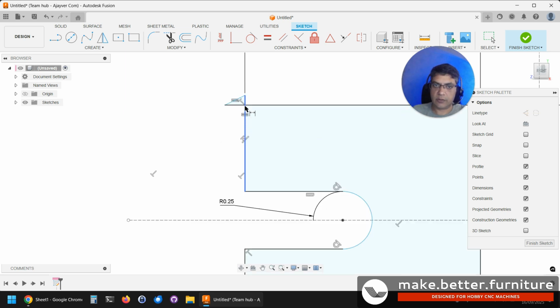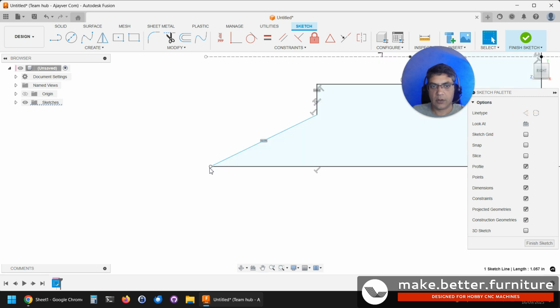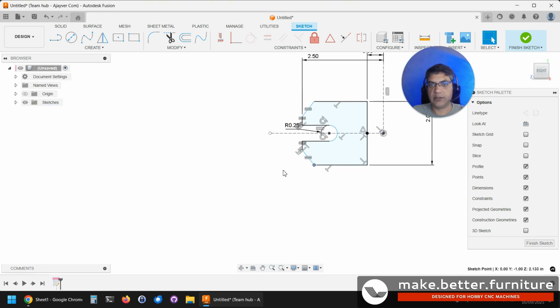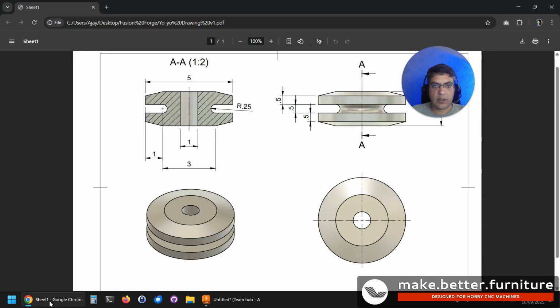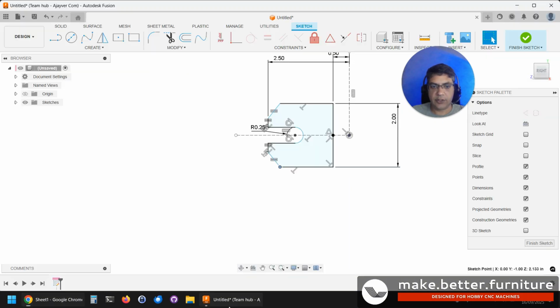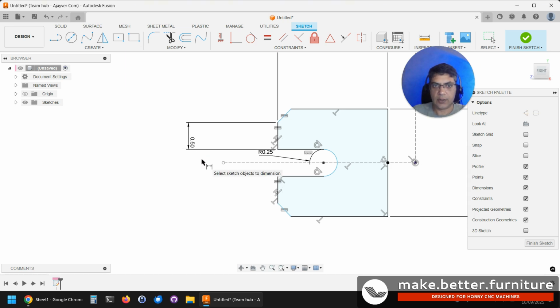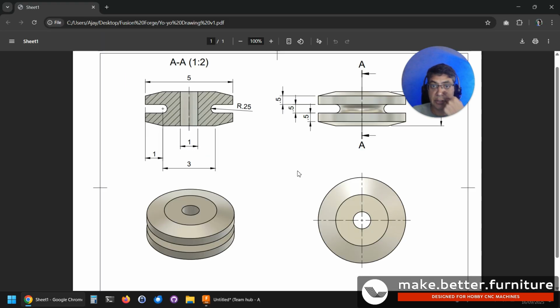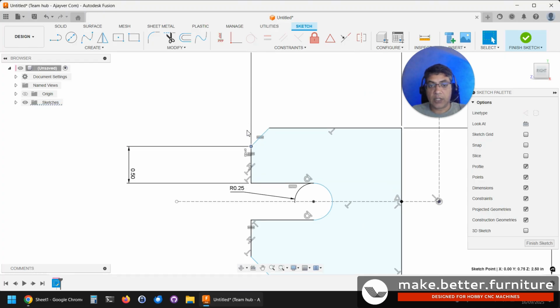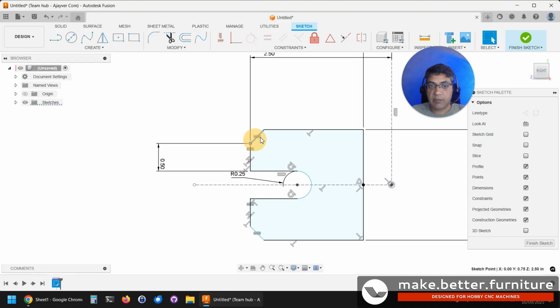Will it work? No. We need to move this here. Move this here. Then all of these are ½ inch, so this one, wait, no, escape. This one is ½ inch. We don't have a dimension here, and so as you can see, we have some parts of the sketch are